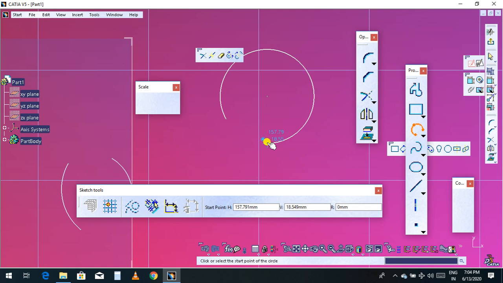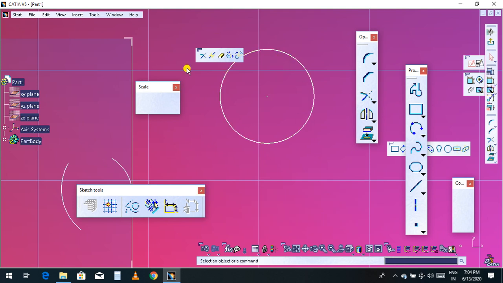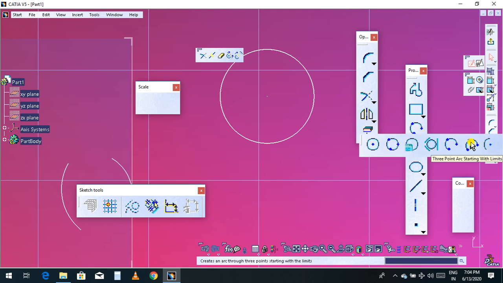You can choose one point, this, the second point this, and the third point you can choose this. So it will be the complete circle. So now the 3-point arc with limits is done.